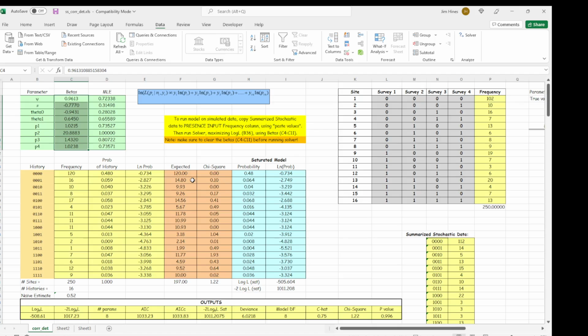In this case, it says it's found a solution, and the maximum log likelihood value is negative 508.61. So the maximum likelihood estimates of the parameters are in D4 to D11. This tells us the best estimate for occupancy is around psi equals 0.72. The pi parameter is not biologically interesting, as it's just a result of where we happen to have started the